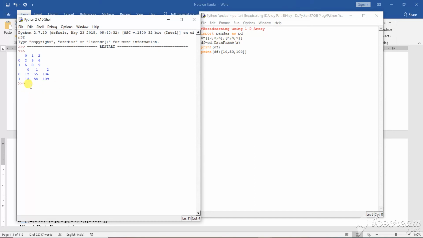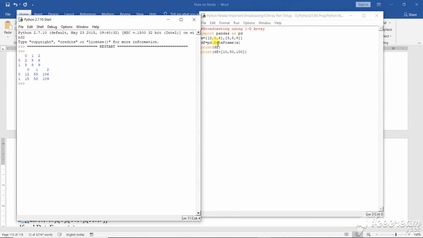After 256 and 589, I have taken 10, then 50. That means in the first column 10 is added, in the second column 50 is added, and in the third column 100 is added. Clear now? This is how the work has been implemented.